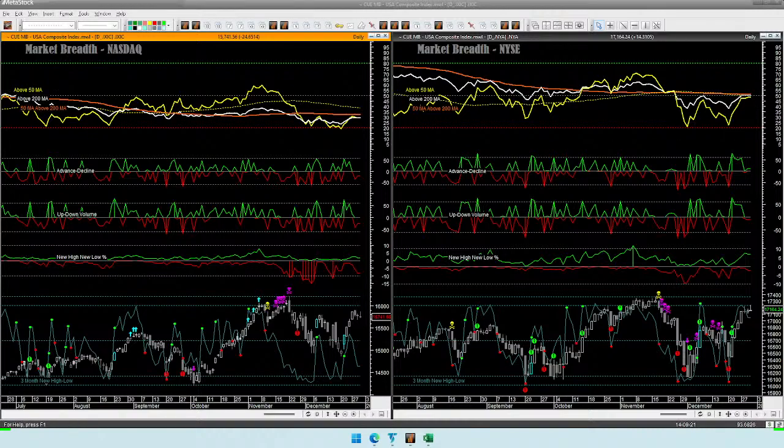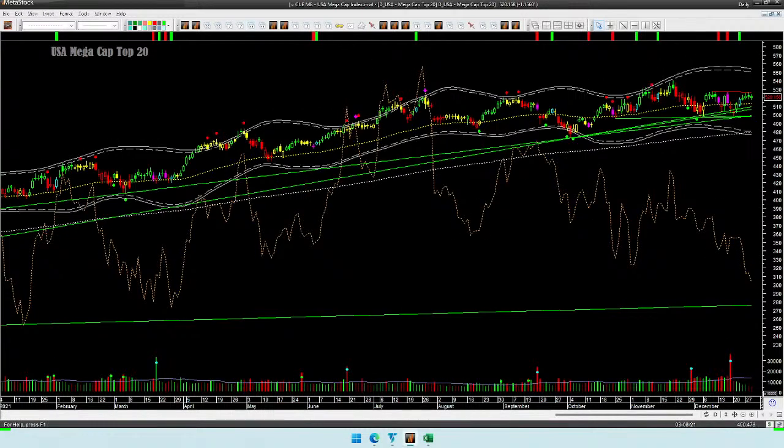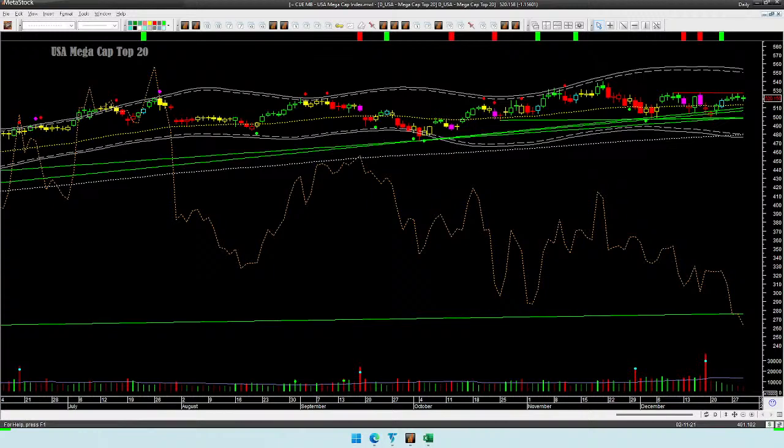I will not go through the other signals here. Let's now look at some other breadth insights, looking at mega caps. Using the custom mega cap index, it is inside a narrow range. So narrow that we may not have trading opportunities here. Too narrow, the reward is not large enough for this custom index to take a short trade.